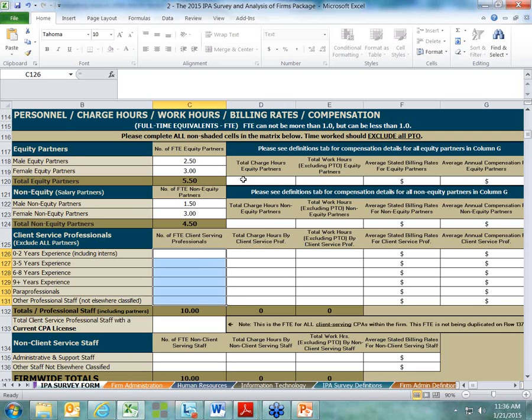On column D, we're looking for total charge hours of the group. So the total charge hours for these equity partners. And in this example, 5.5 equity partners. And we built in some checking mechanisms. So if you've put in, for instance, these 5 partners had 10,000 charge hours,